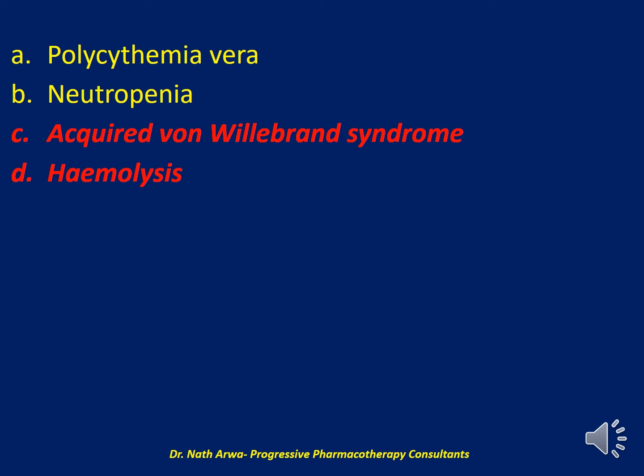I'd like to add that acquired von Willebrand syndrome occurs in nearly all patients with continuous flow LVADs, and it's believed to be due to shear stress inducing conformational changes to the von Willebrand factor protein, and that results in cleavage by what we call the ADAMTS-13. Now, the International Society for Heart and Lung Transplantation guidelines recommend evaluating patients with an unexpected drop in hemoglobin